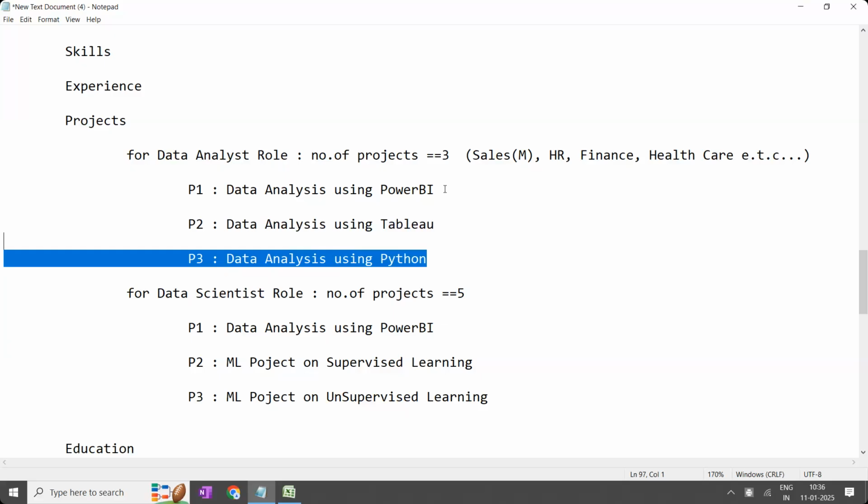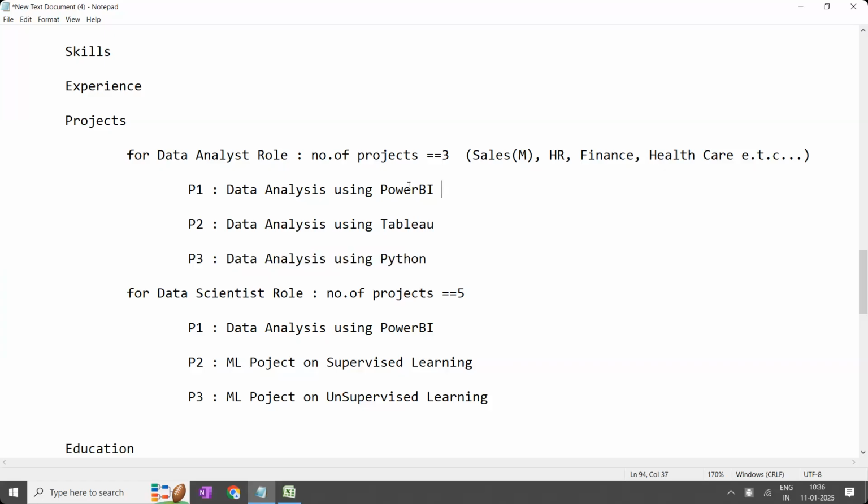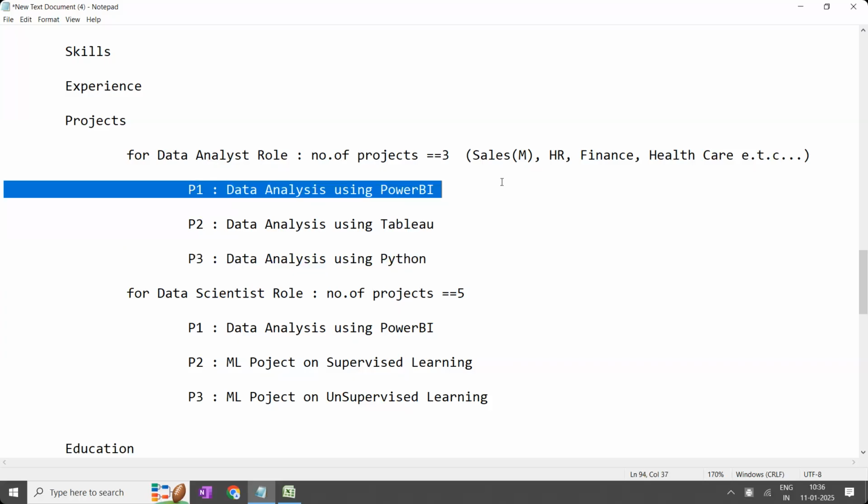At the same time, I'm not saying don't enjoy the holidays. My intention is not that. But when you have the opportunity, use it properly. That is my only intention. Okay. So data analyst 9 a.m. batch, try to complete this one and this one. Complete end to end. Try to complete the entire life cycle.